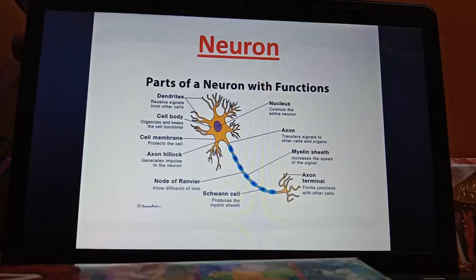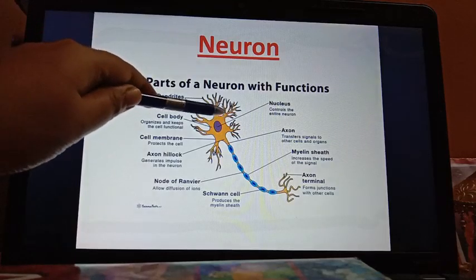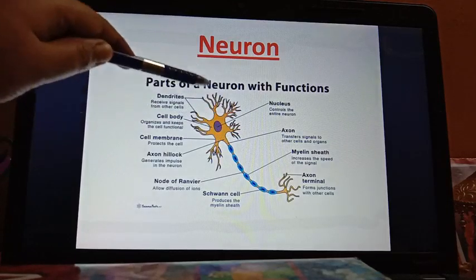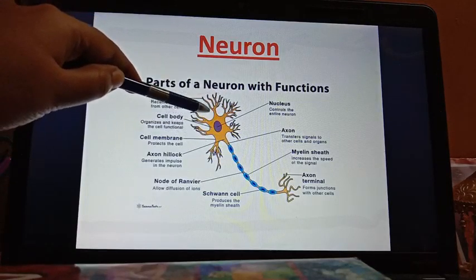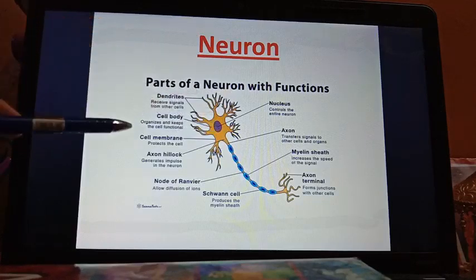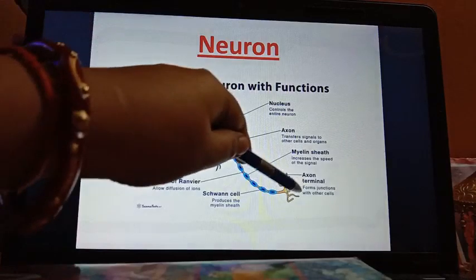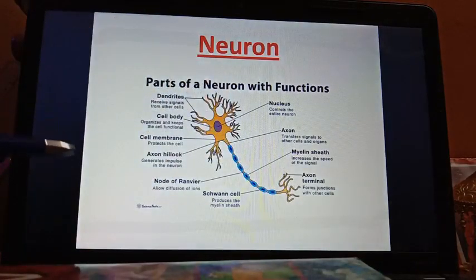A neuron is made up of three parts: cyton or cell body, dendrites, and axon or nerve fiber. First is cyton. Here you can see this is the cyton or cell body. These are the small projections coming out from the cyton. They are known as dendrons or dendrites. This is the long process coming out from the cyton, that is known as axon. Cyton or cell body contains the nucleus and other specialized organelles. Cyton mainly carries the basic life processes or general functions of the neurons.